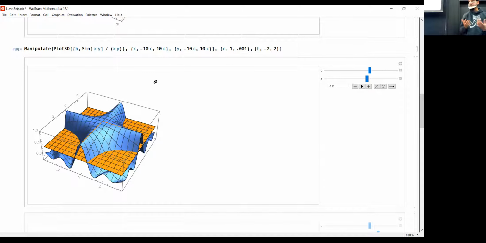And so the code is very nice. And this allows you to zoom in and out. This allows you to move your plane up and down. Any questions about this? Okay, so the next one that I wanted to show